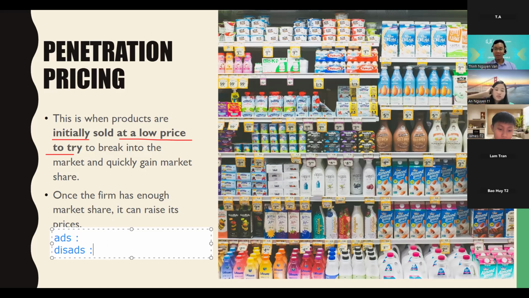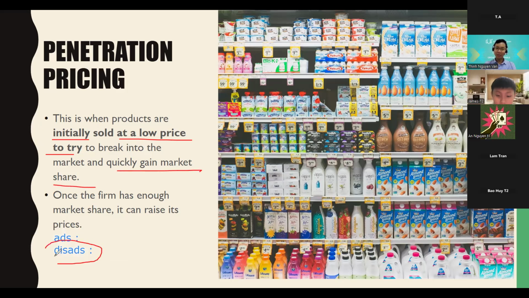Everything in your life has two sides, no exception. For sure, the advantage is very clear here: to quickly gain market share, right? But what are the disadvantages? Can anyone